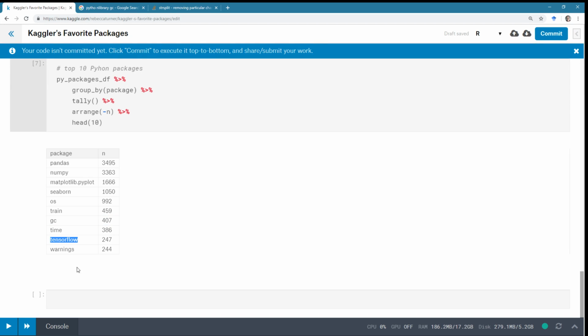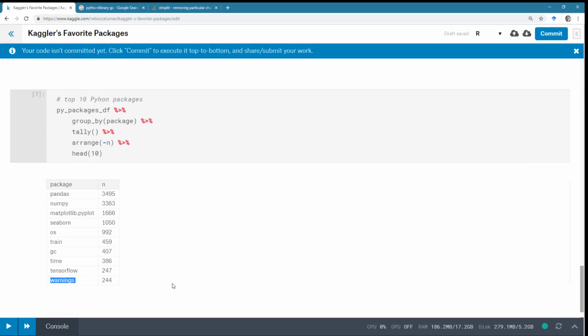And then warnings, which generates warnings. So there you go. Those are the top 10 packages in R and Python, at least in public kernels from this sample. This isn't all the public kernels. This is a subsample. I didn't want to have a data set that was too big. And like I said, I did a lot of data cleaning off screen. So the data science equivalent of 'here's one I made earlier,' like you see on all the cooking shows.